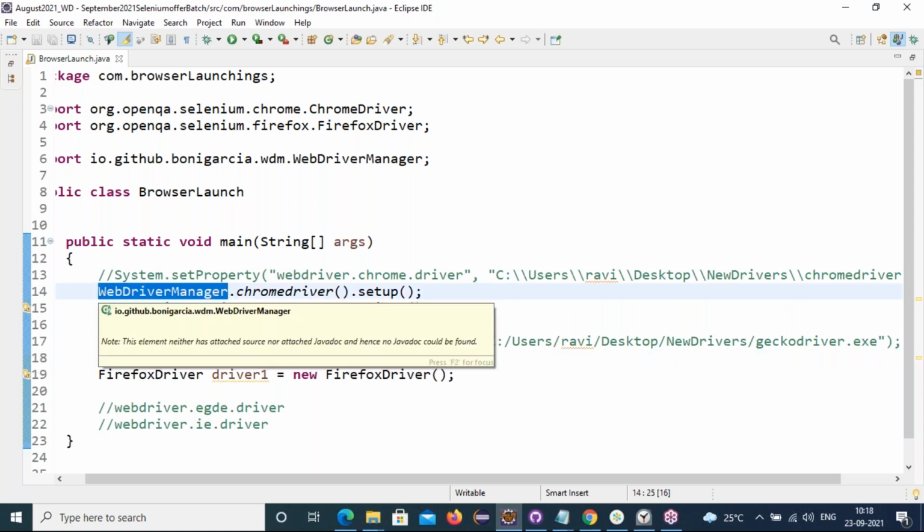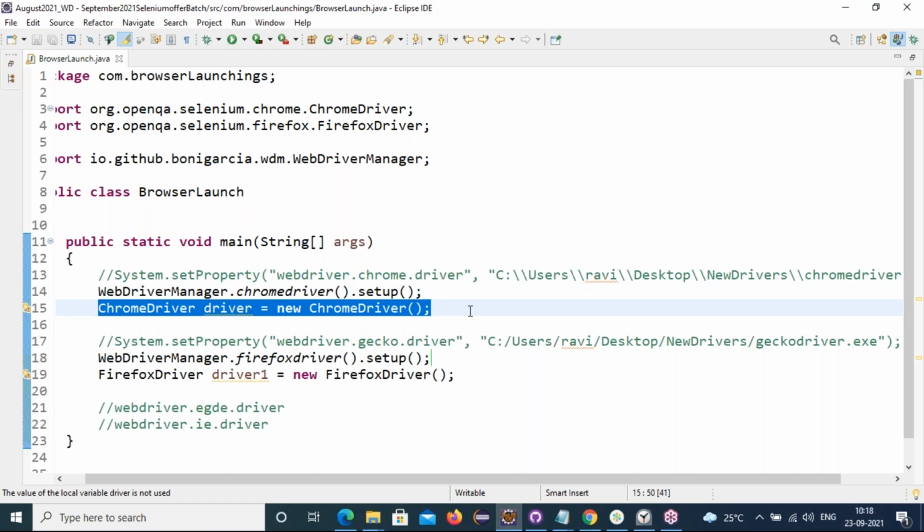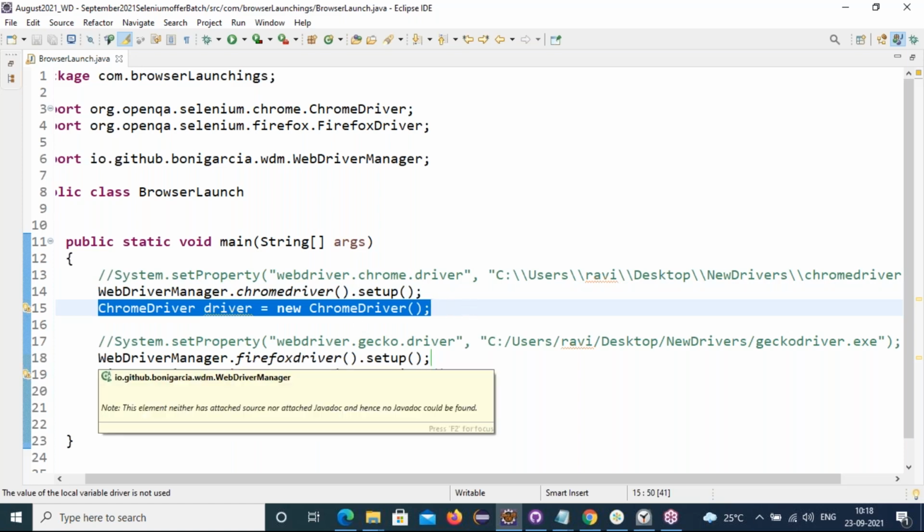It will check what the Chrome version in your computer is, take the drivers supported for that version, and load them for the Chrome browser. Even for Firefox, the WebDriver Manager will take care. Whatever version, today is 24, tomorrow is 25, doesn't matter.